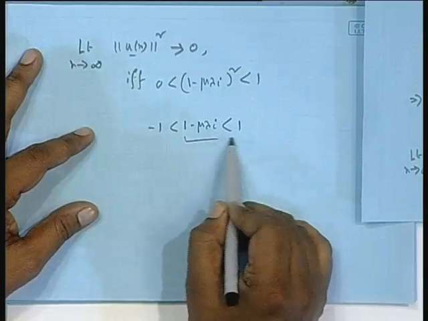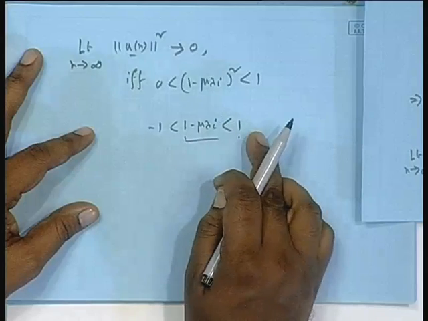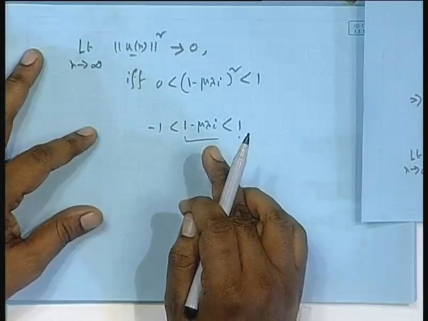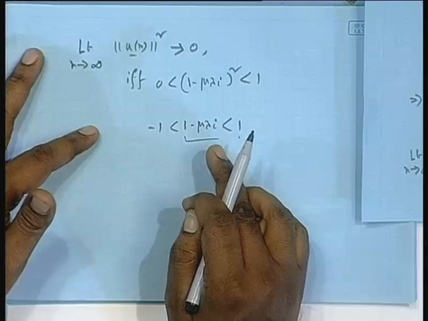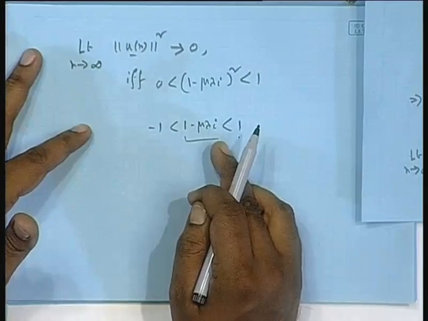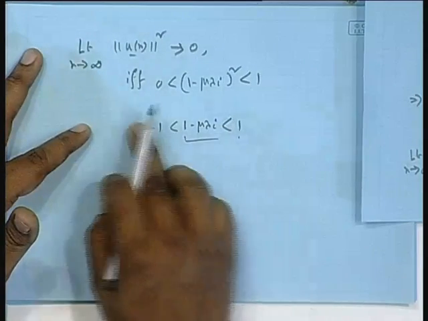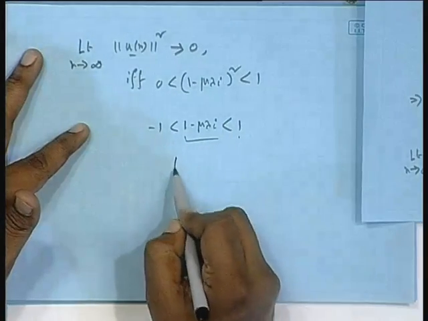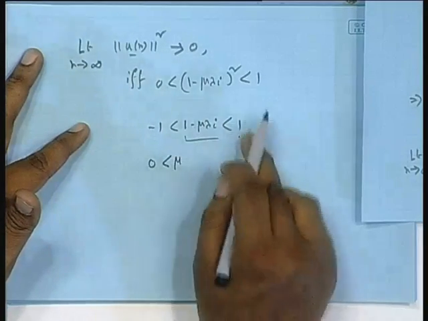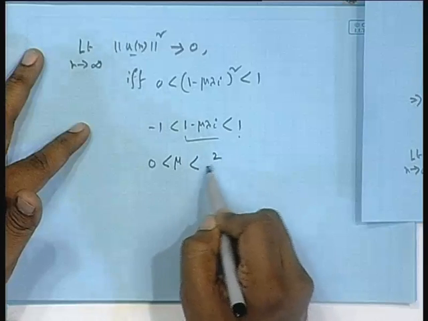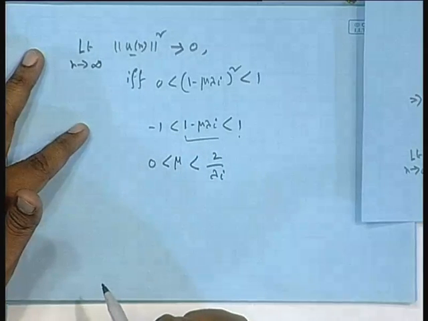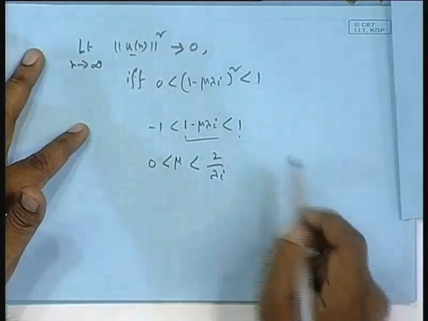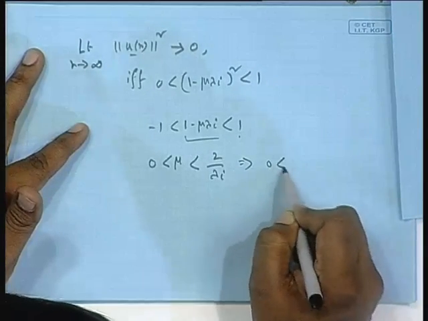So, from this side you get what? You take mu lambda i to the right hand side, 1 cancels, and mu into lambda i is greater than 0. But each lambda is positive and real because it is a positive definite matrix. So, mu also has to be greater than 0. And on the other side, if you take mu on one side and 1 and minus 1 on the other, you get mu less than 2 by lambda i. Each lambda is real, that means you should have this condition on mu.